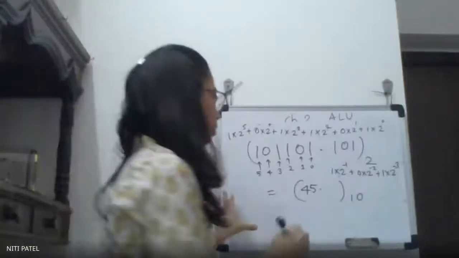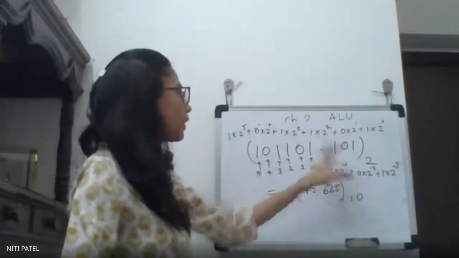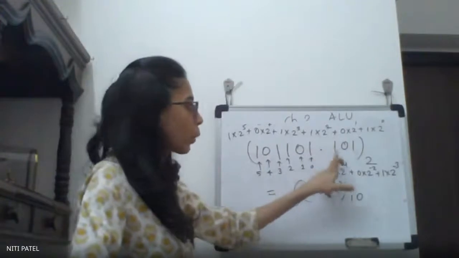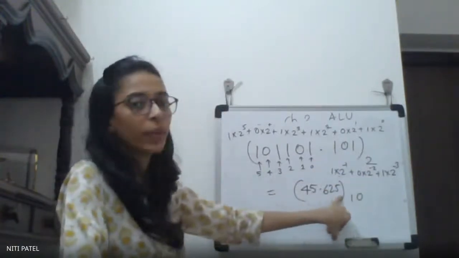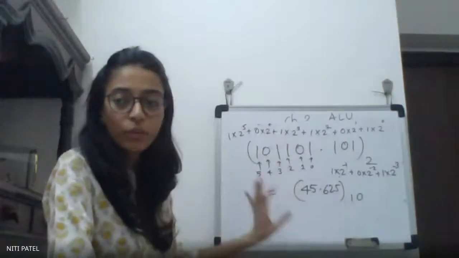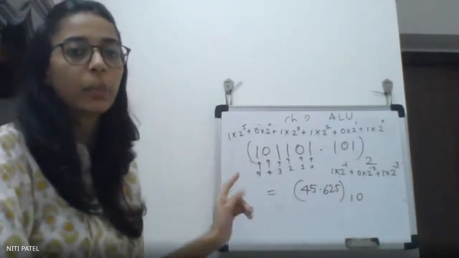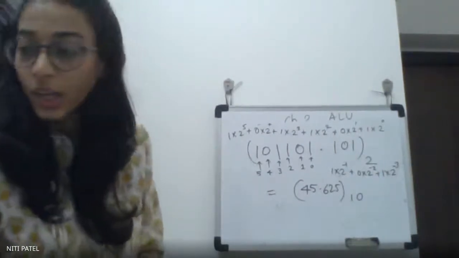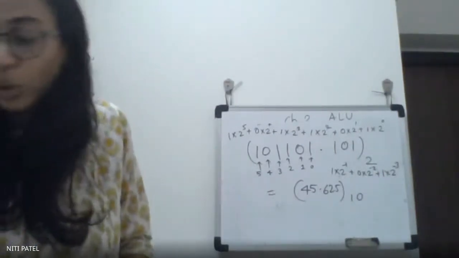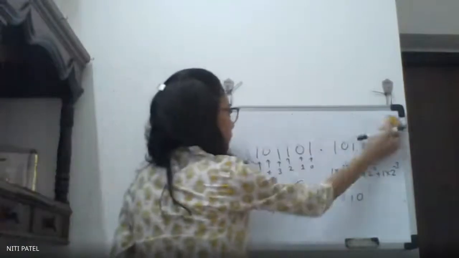0.625. Yes. So after converting the binary number 101101.101, the decimal equivalent is 45.625. So you are aware of how to convert any one number system to any other number system. Okay. Now, do you know about BCD numbers?